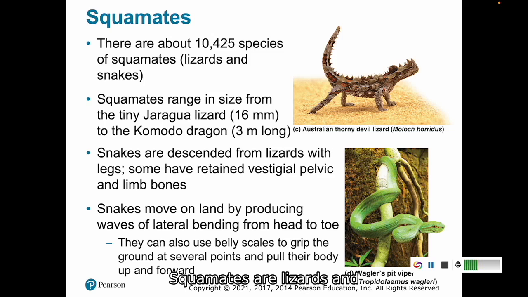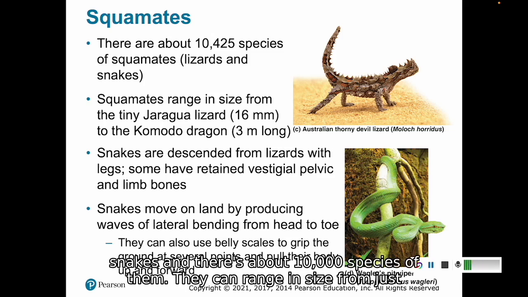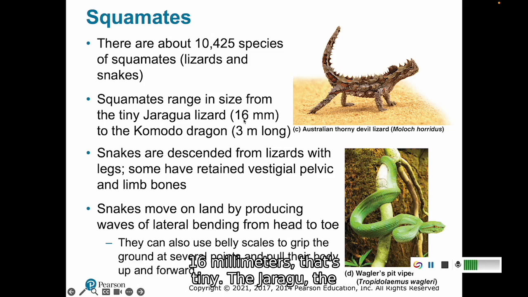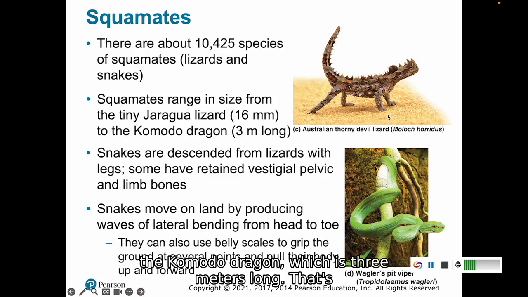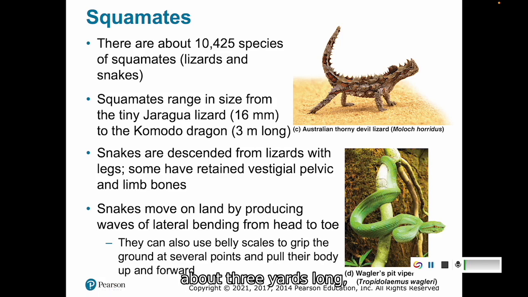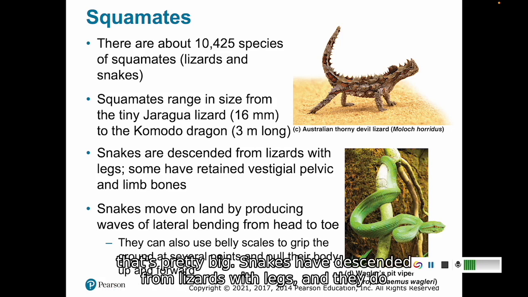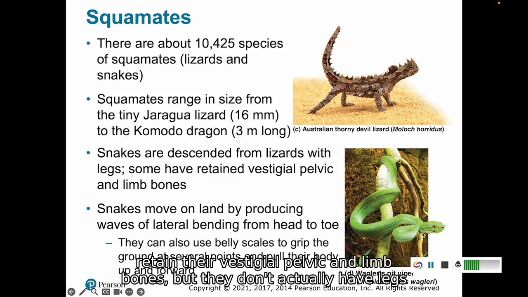Squamates are lizards and snakes, and there's about 10,000 species of them. They can range in size from just 16 millimeters, that's tiny, the Jaragua lizard, all the way up to the Komodo dragon, which is 3 meters long. That's about 3 yards long. That's pretty big. Snakes have descended from lizards with legs, and they do retain their vestigial pelvic and limb bones,